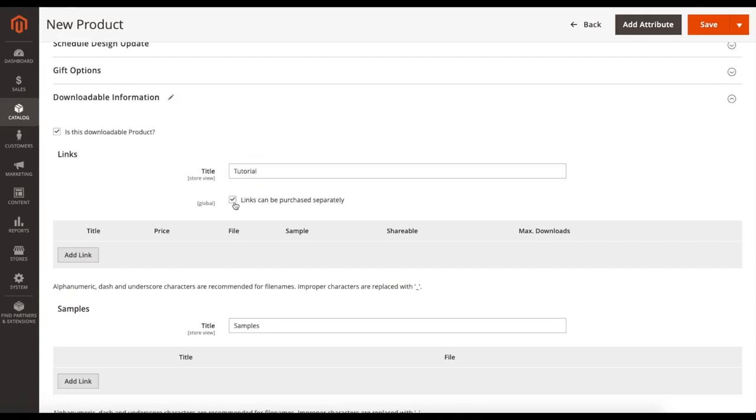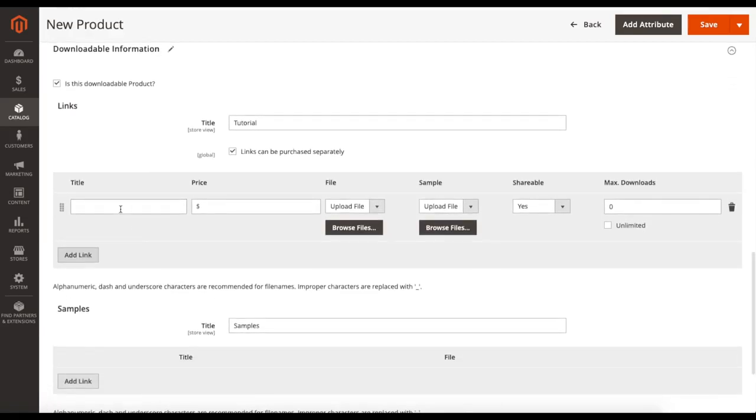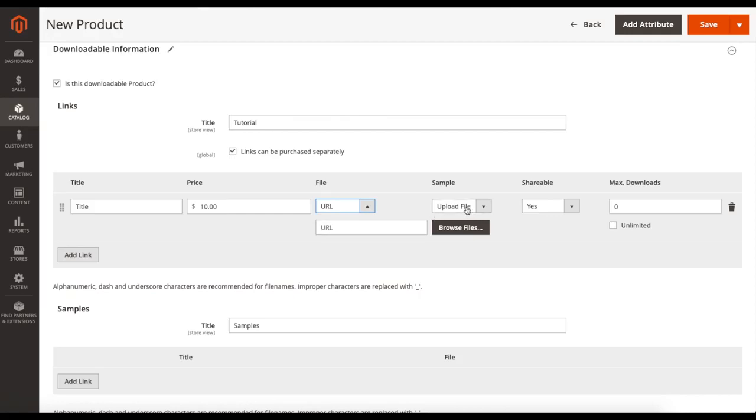If you want your links to be purchased separately, over here you can add a link. You can put a title for it. You can put set price. I'm going to put $10, and here you can upload a file or put a URL. Also for the sample, you can upload file or a URL. If you want it to be shareable, I'm not going to leave it as shareable. And also the maximum amount of downloads, I'm just going to leave it at 1 so someone doesn't download it